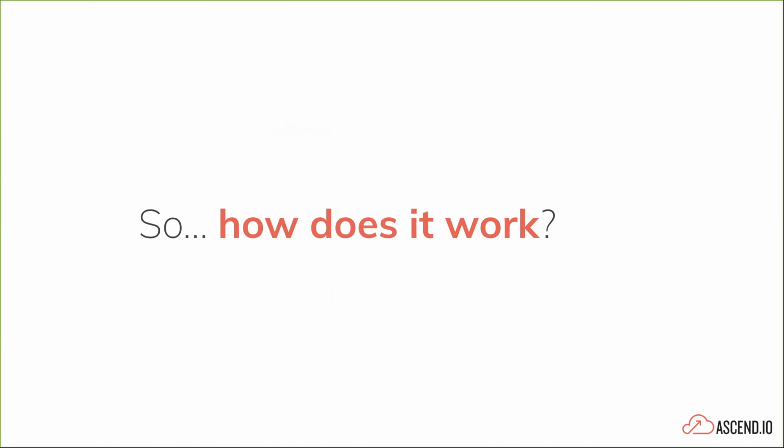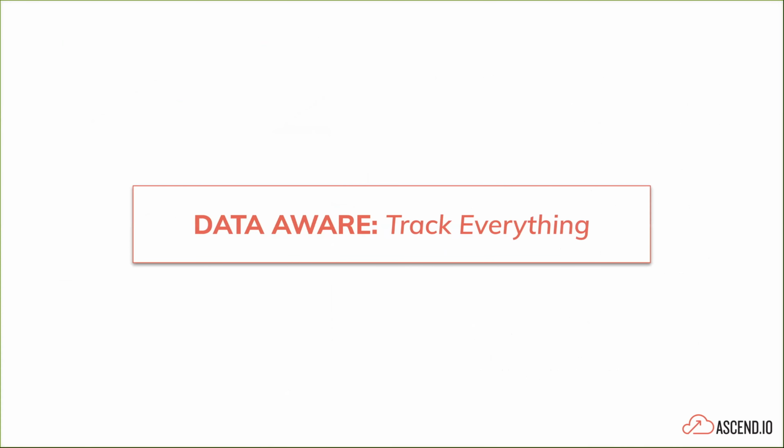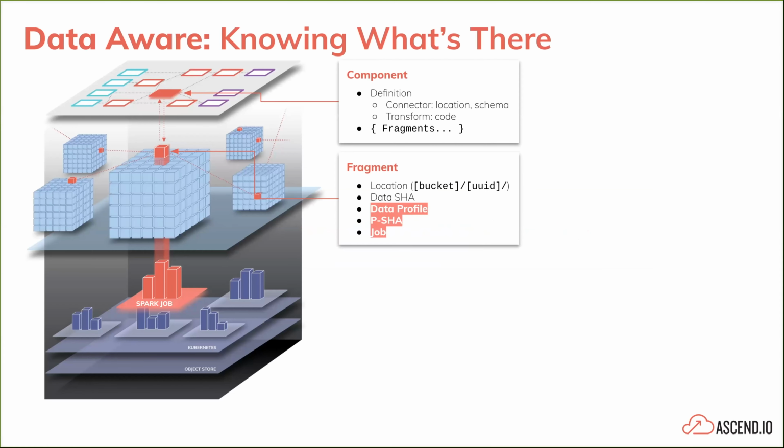And what are we doing under the hood? So we'll go into each one of these sections for a bit. The first one is being data aware, again specific to the domain of data engineering pipelines. One way to think of data aware is literally track everything. If anything is happening in the system, data flying around, metadata, Spark jobs completing, not completing, track all of it. And so what does that look like for us at Ascend?